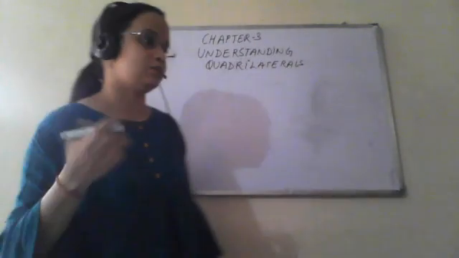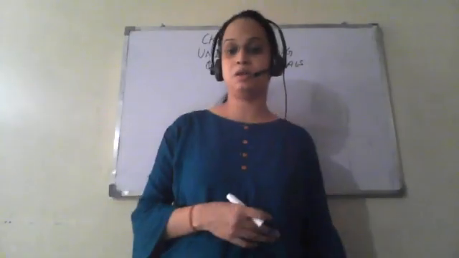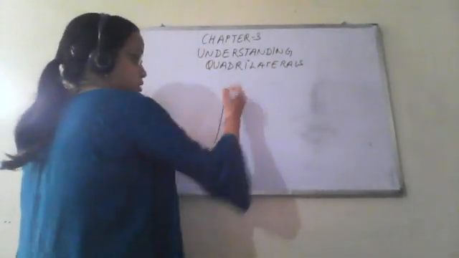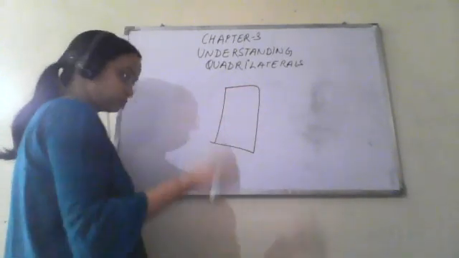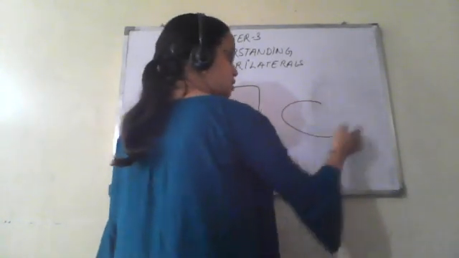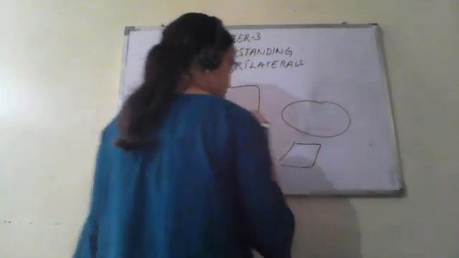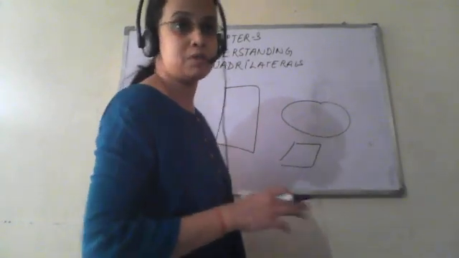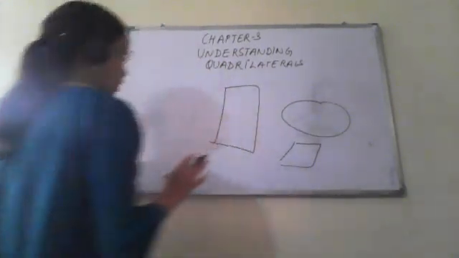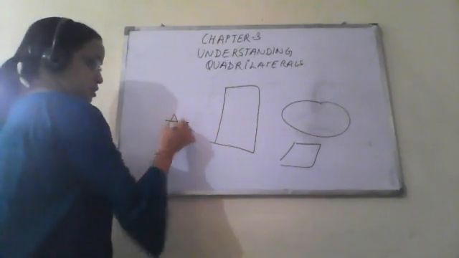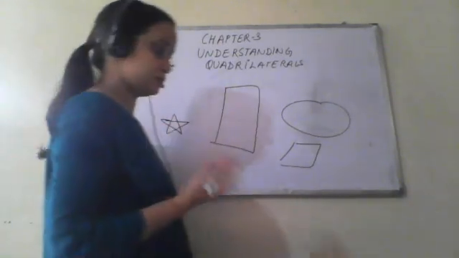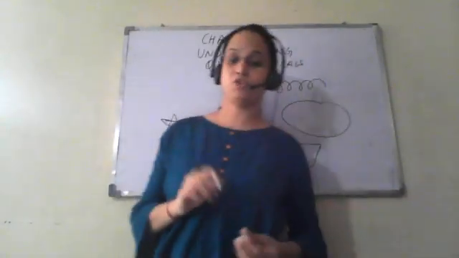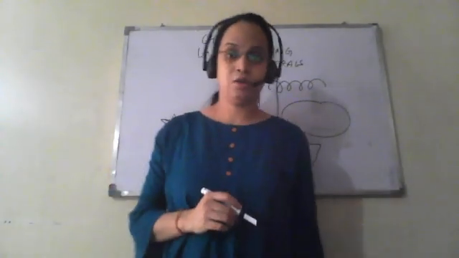In day-to-day life you come across many different shapes of objects. When you see a door, it is somewhat rectangular in shape. A doormat can be square, rectangle, oval, or circular. You see stars, which are also a different shape. You come across loops of wire. So there are many different shapes which you come across in your day-to-day life.